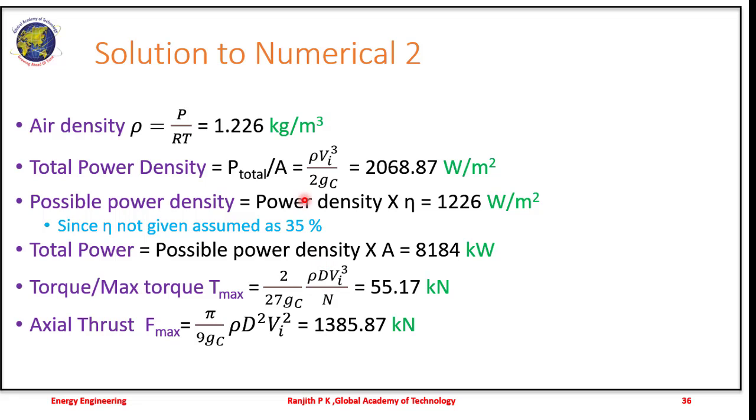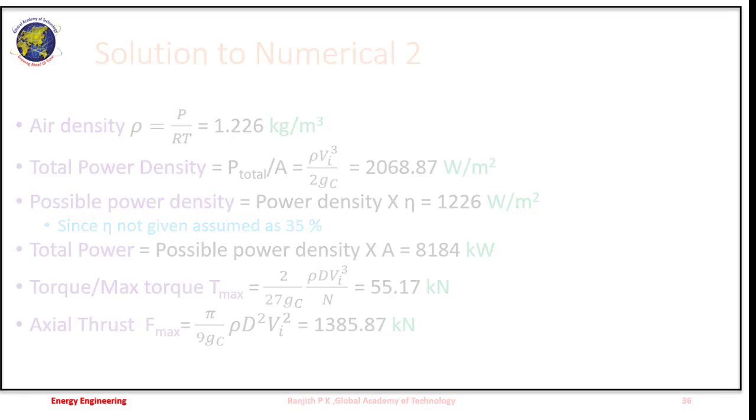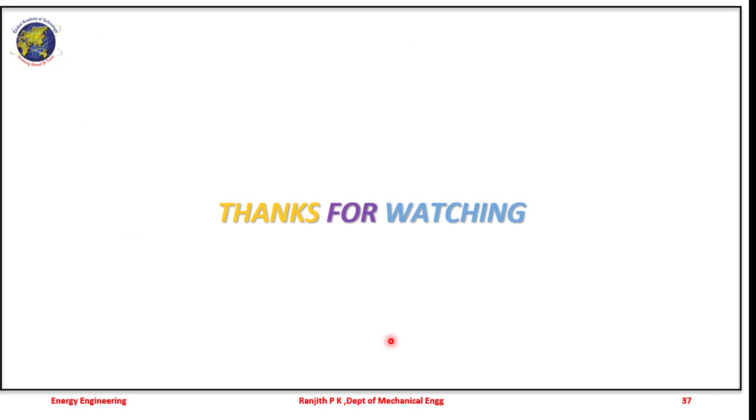The trouble here is remembering these formulas, so please be well versed with this and solve the numericals. The axial thrust, given by pi by 9 GC rho D square VI square, is 1385.8 kilonewton, and